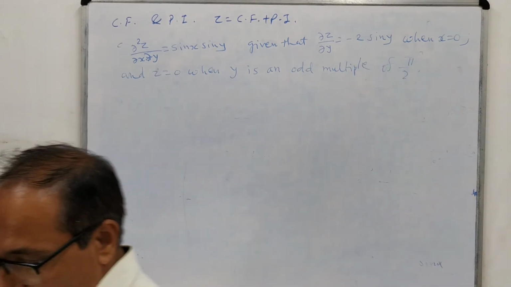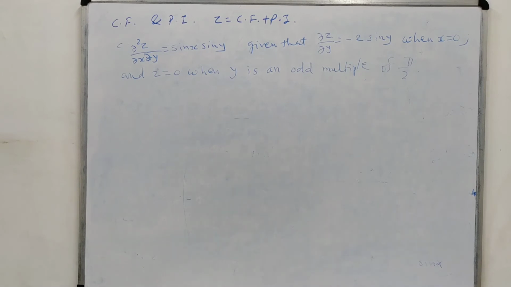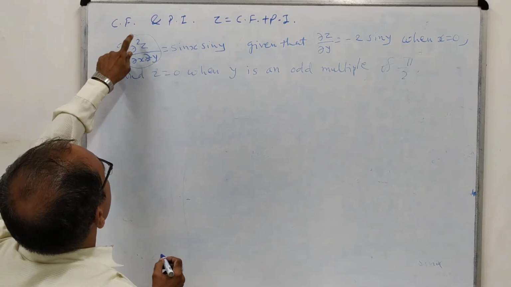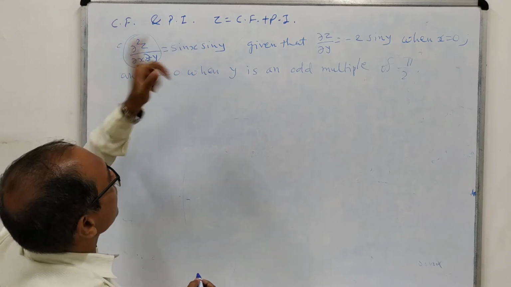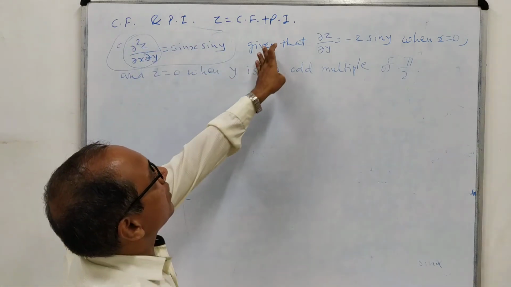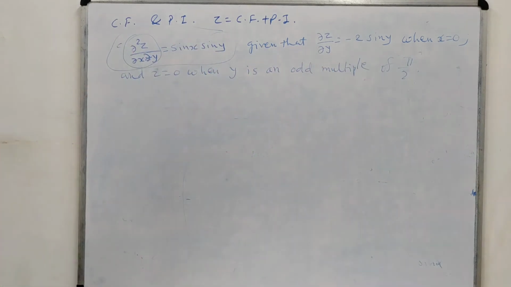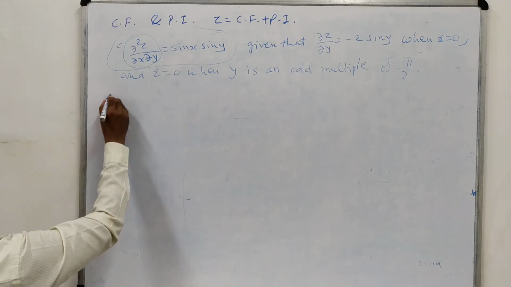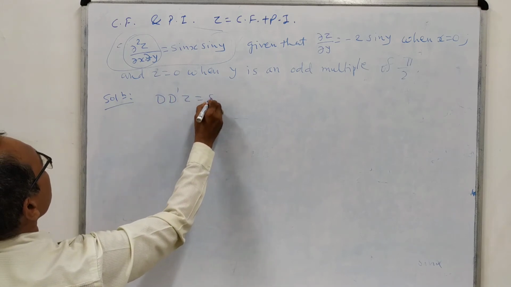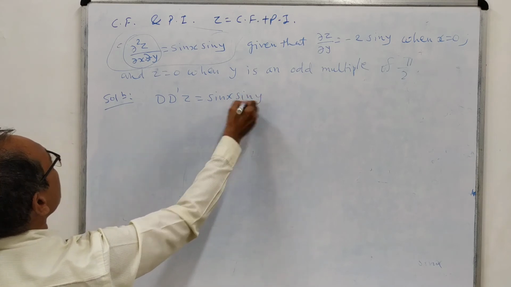So now see, we want to see how to solve this example. Nothing is difficult there. So what will we do here? This is a homogeneous equation, because only one derivative term is there, and its power is 2. So we can consider this as a homogeneous equation. First of all, we will solve this part, then we will see the remaining part, because if you look at the remaining part simultaneously, then you will get confused and the example will look complicated to you. So instead, we will solve the given equation. The given equation is D into D dash into z equal to sin x sin y. So we will solve this in two parts.